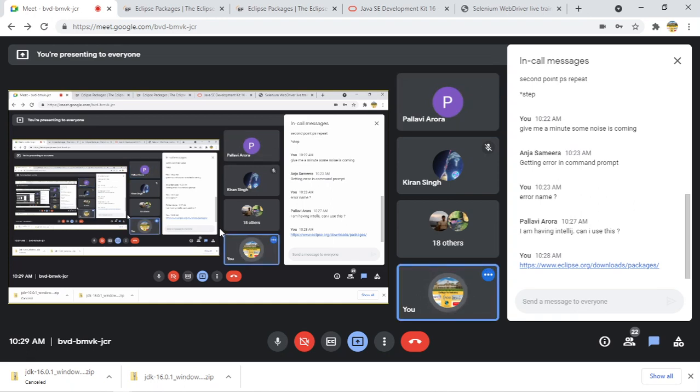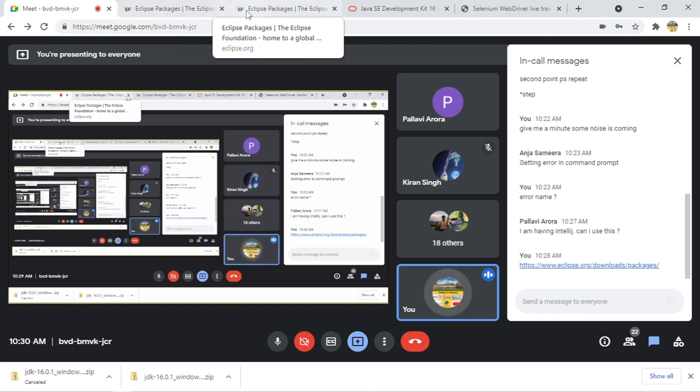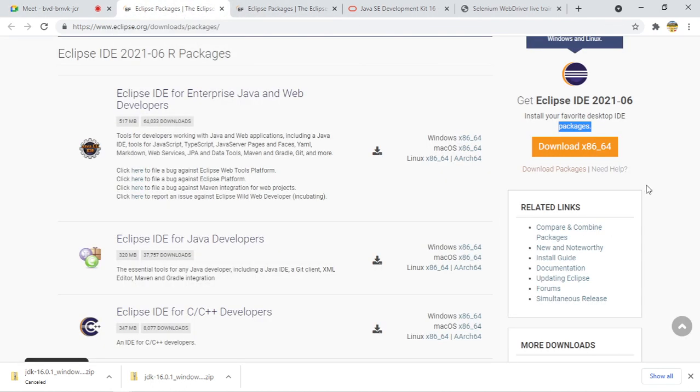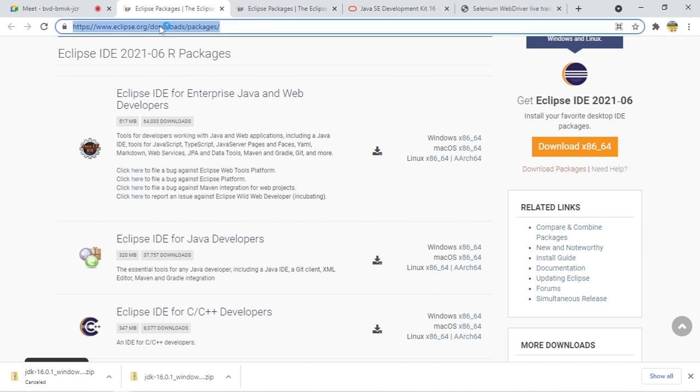No, I feel that Eclipse is much better. It is not a hard rule. I'm just saying that because I'm using Eclipse, if you face any issue related to the editor, I will be able to help you much more easily. That's why I'm going to pick Eclipse. It's up to your choice. The code will run the same. But if you face any issue, it might take me much more time to resolve it if you are using another editor. So that's your choice. I will be using Eclipse throughout the course.